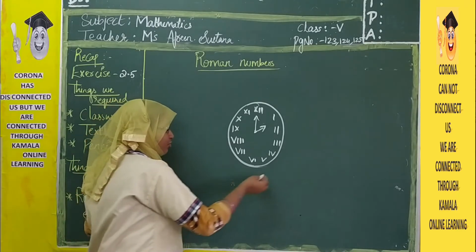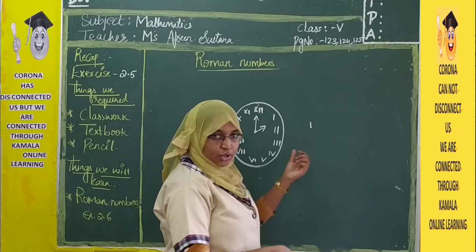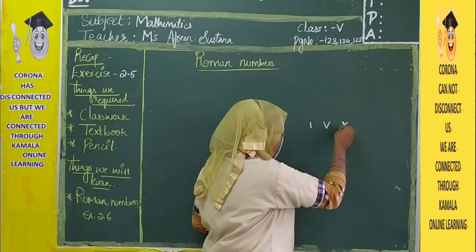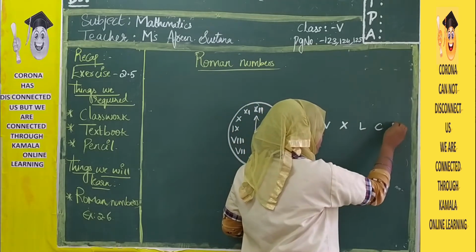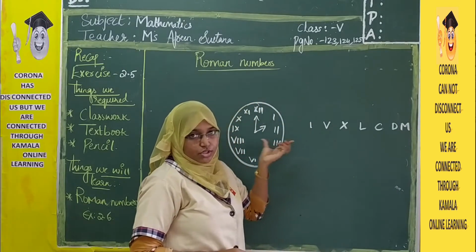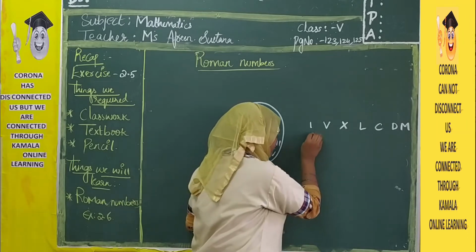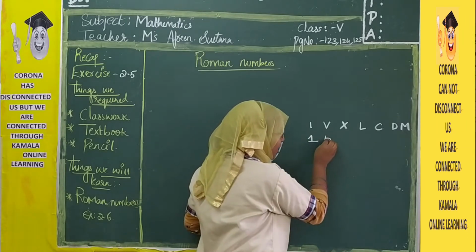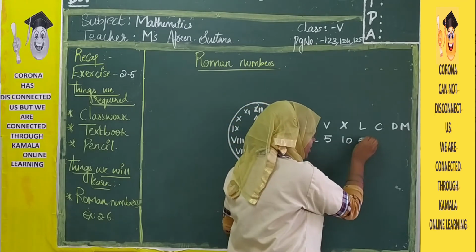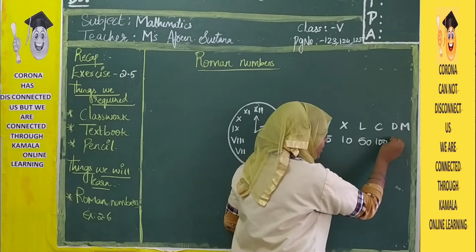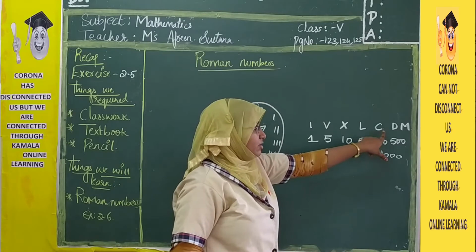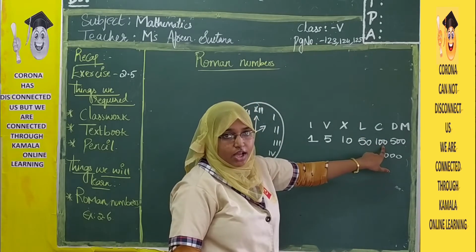See, we know what Roman numerals are and what those numbers are in Hindu Arabic numbers. What is Hindu Arabic number? That is our Indian numbers, right? We have I, V, X, L, C, D, M. These are the 7 symbols which we use in Roman numbers. I represents 1. V is 5. X is 10. L is for 50. C is for 100. D is for 500 and M is for 1000. Whenever they say C, it means it is representing the number 100.